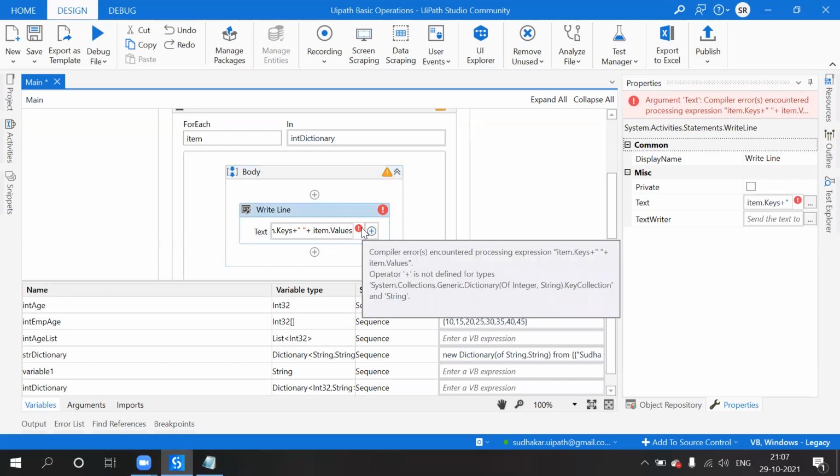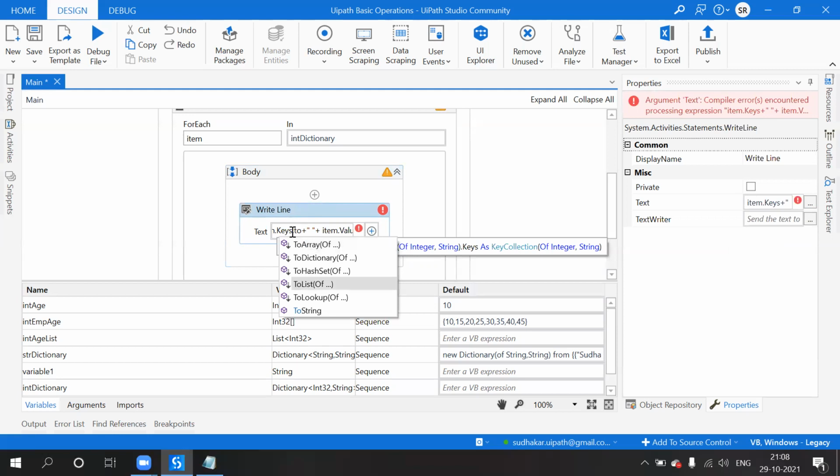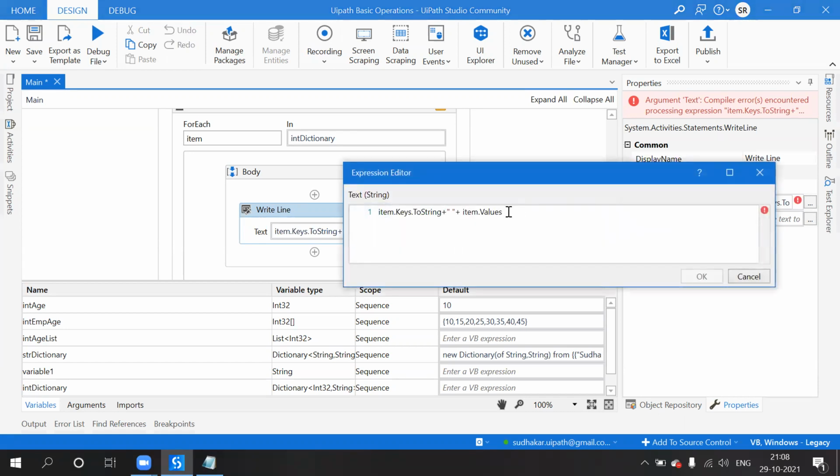Because keys is an integer, right? Dot to string. Here also use the to string.